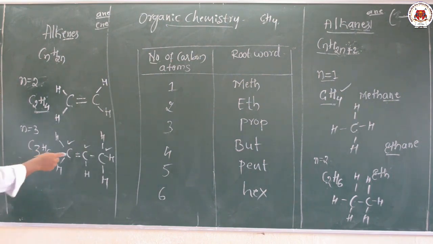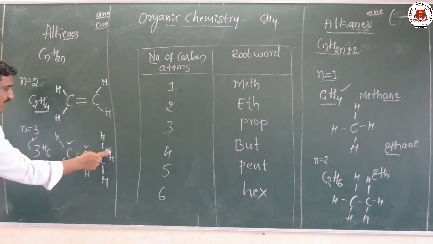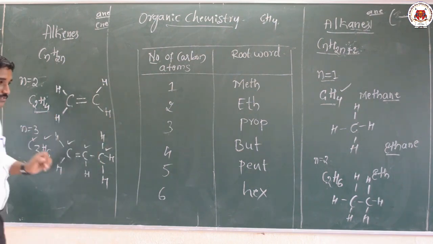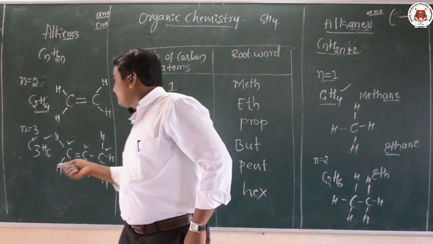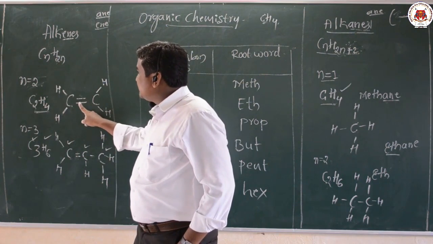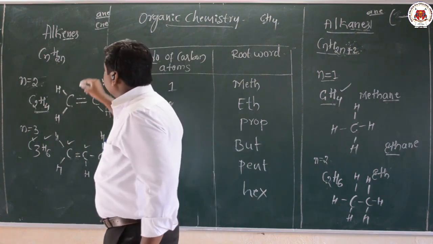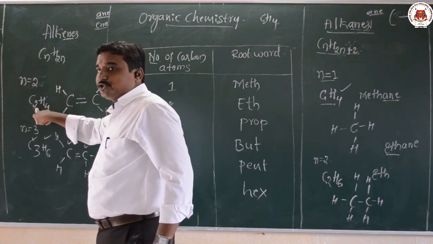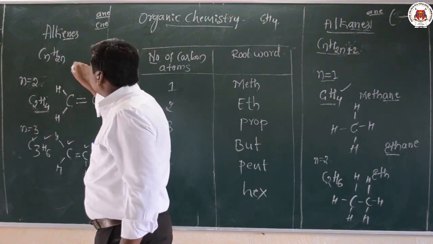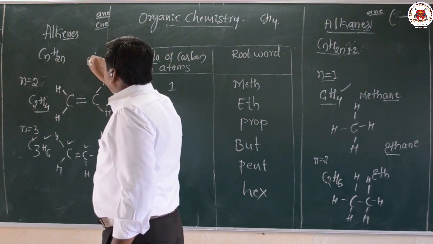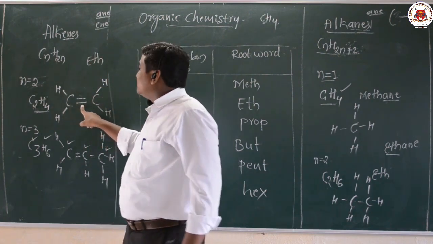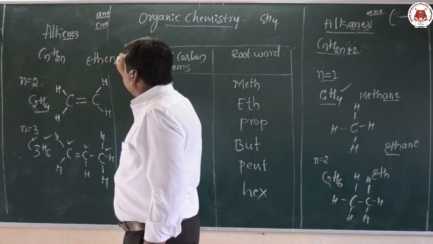So by observing this, there is a double bond, that means this is an example of the alkenes, and here 1, 2, 3, carbon atoms are there. Three carbon atoms are there, and totally 1, 2, 3, 4, 5, 6, there are 6 hydrogen atoms. So this is the structure of propene, and this is ethene. As I told, if the number of carbon atoms is 2, that indicates the root word is eth. The root word is eth, and there is a presence of a double bond, so for that you have to use "ene", ethene.